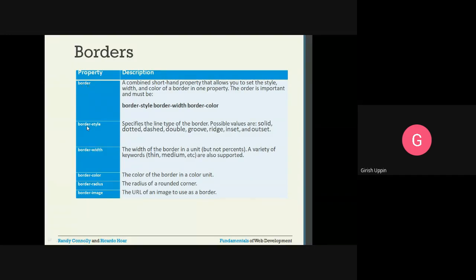Or you can specify separately. Border style specifies the line type. Possible values are solid, dotted, dashed, double, groove, ridge, inset, and outset. These are the possible styles that we can give for the border style. Border width, you can specify what is the width.